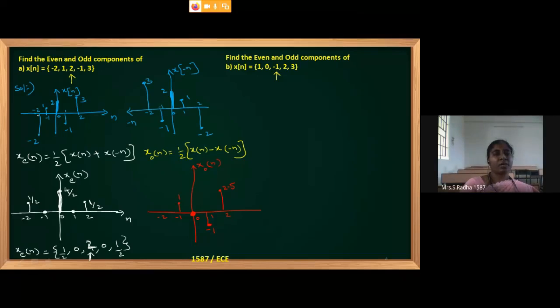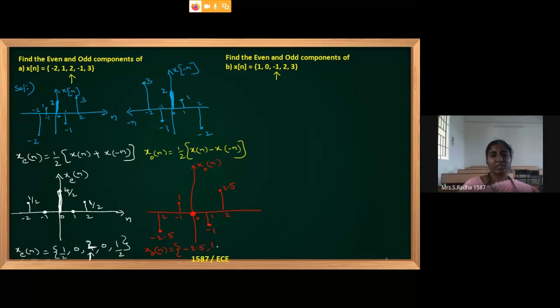And then coming to minus 2. First diagram it is minus 2, second diagram it is 3. Minus 2 minus 3, first diagram minus second diagram we have to do. So minus 2 minus 3 will become minus 5. In the formula divided by 2 is there. Minus 5 divided by 2 will become minus 2.5. So the odd component is minus 2.5.